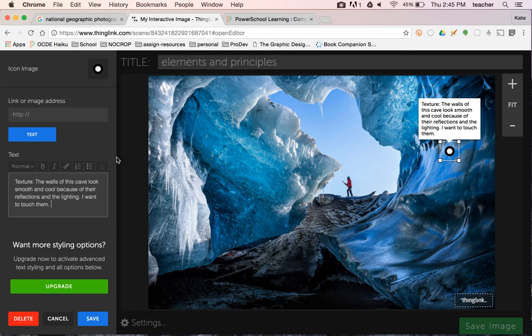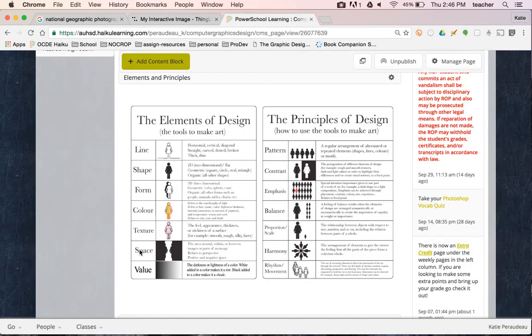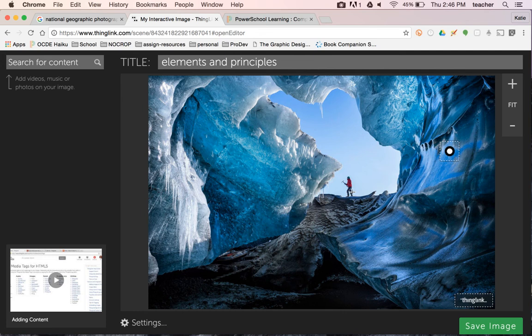Okay? And then when you're ready to do the next one, you hit save, and then you choose the next thing you want to identify. So texture is an element. So now I'm going to identify one of my principles. So the next one I'm going to use is proportion, because in this image, there's this tiny little person, and it really makes you understand how giant this cave is and how big these, I don't know, pieces of ice are. So I'm going to click on this guy, or next to him,